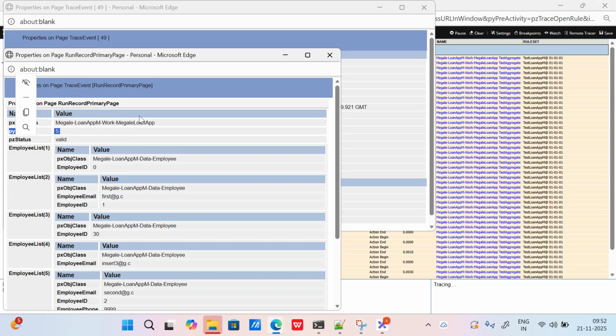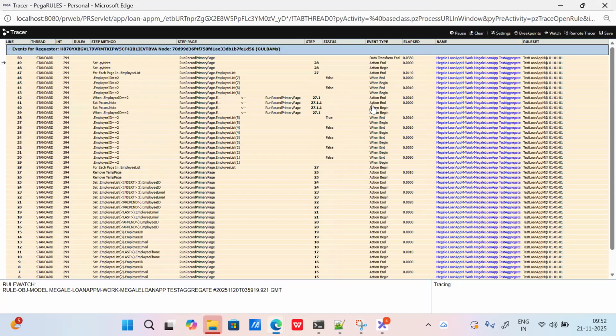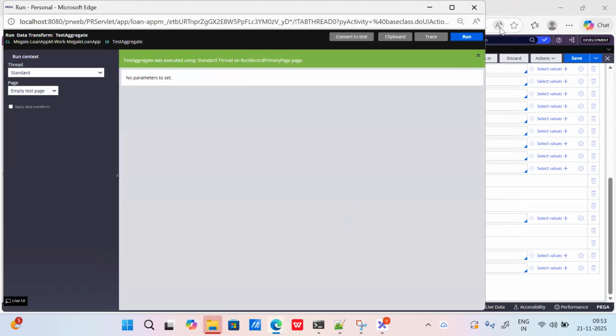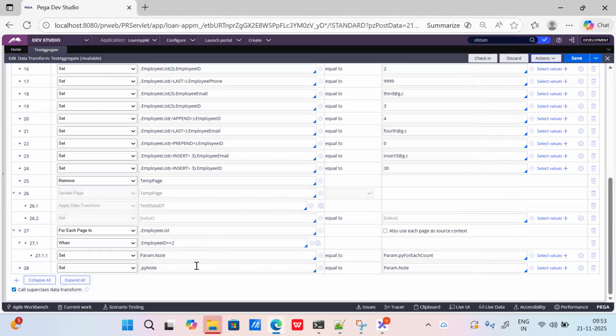I've set this py note. This is the approach you have mentioned to that person, and he is satisfied, and he asks you, is there any other way? I don't want to use this parameter. Tell me, is there any other way? Without using parameters, can I achieve that? We can achieve it, right?